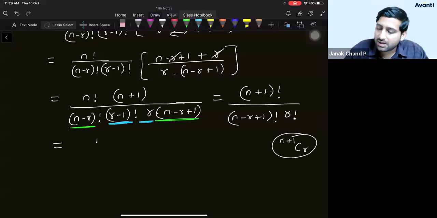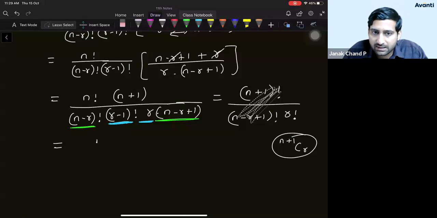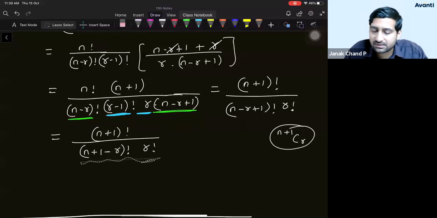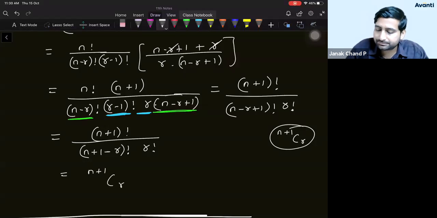Yes, so what I will do, student, whatever I have got here, I will try to write this as what I will get when I do the expansion of this. So I can write this as n plus 1 factorial, right? And this thing, n minus r plus 1, I can just take 1 from here and put it here. So this will be equal to n plus 1 minus r and then r factorial. Just by writing this 1 from this position to this, whatever I have written here, student, this is exactly matching with the expansion of n plus 1 CR. Yes, so this is equal to, student, n plus 1 CR.